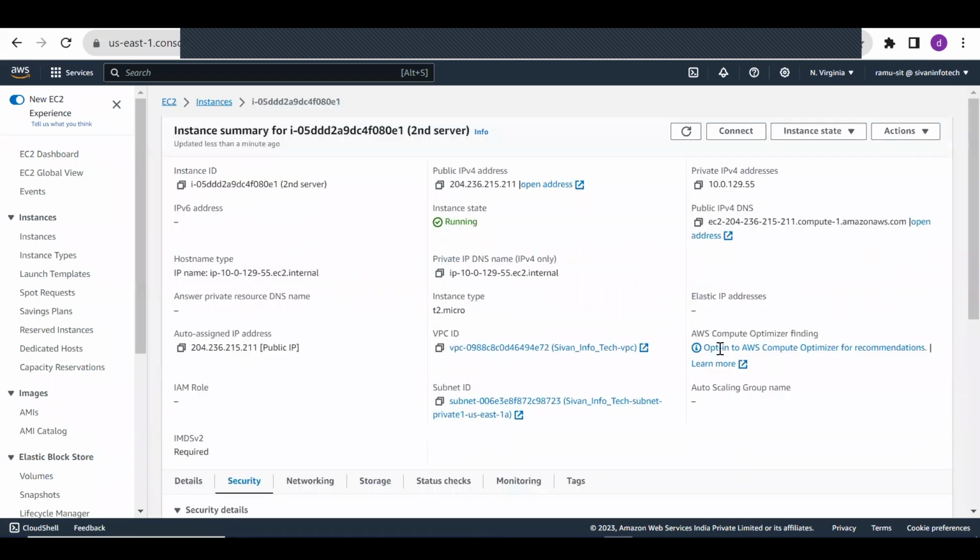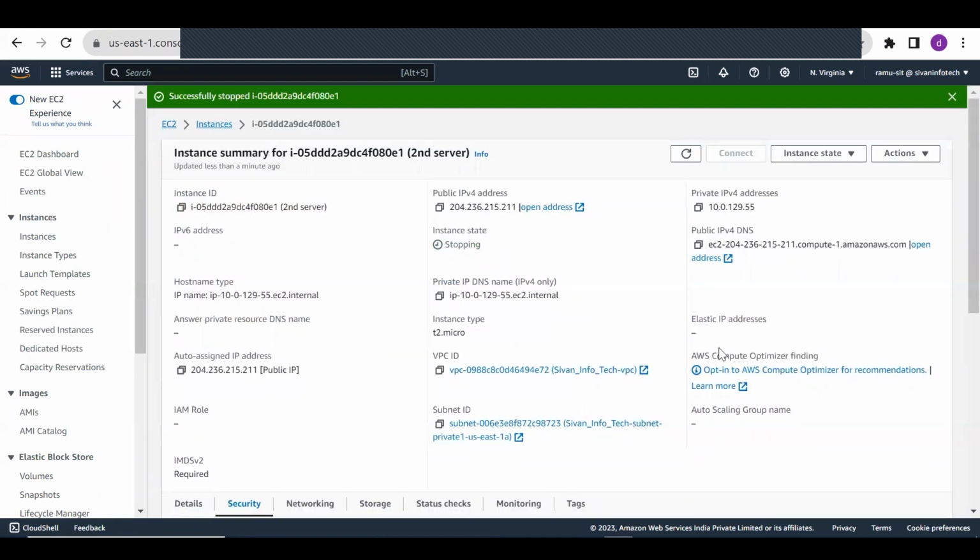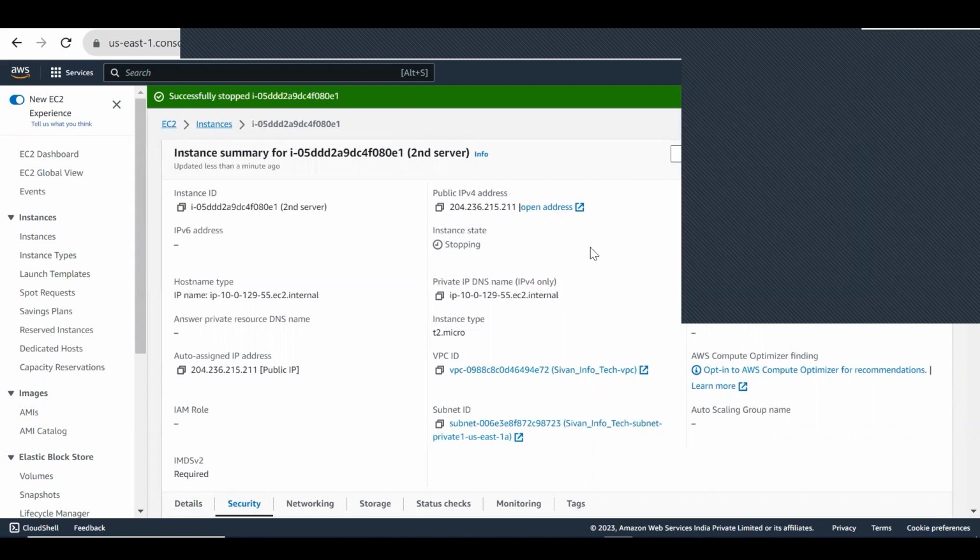Stop. So when I restart the server, will that mount point still be there in the server or not? We mounted everything in one place, /EFS. Will that mount point still be there, or will it go? It will be there. Okay.